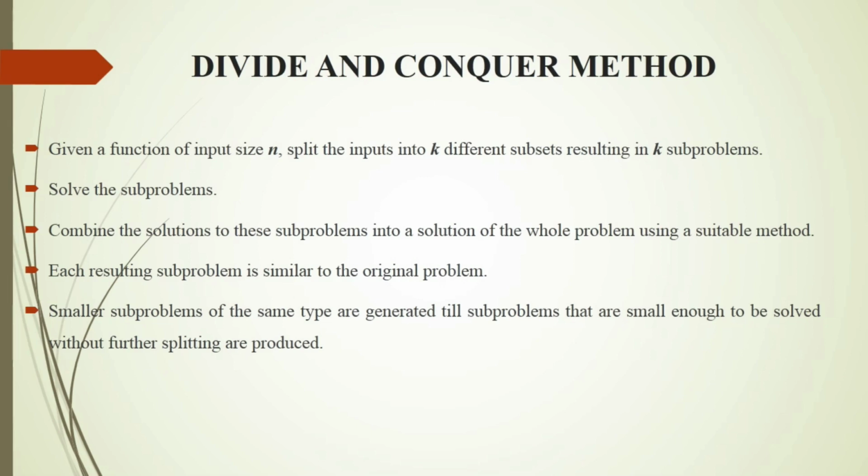Each of the subproblems will be solved individually, and once all these subproblems are solved, we are going to join or combine together all the solutions in order to get the solution to the original problem. So this subdividing of the problem takes place, that is, you generate more subproblems until you can no longer divide. When the problem is small enough to be solved directly, you no longer divide it further.